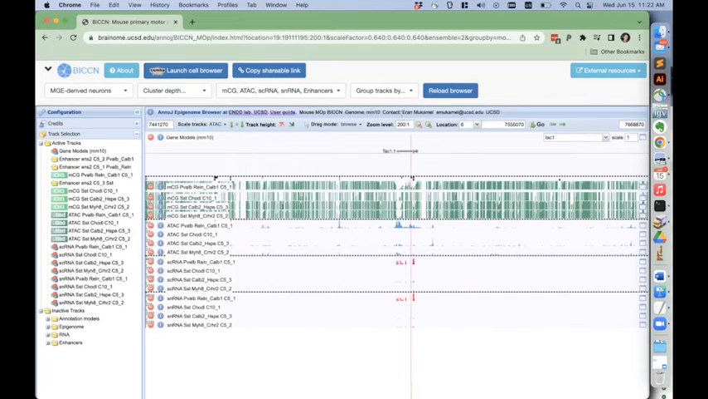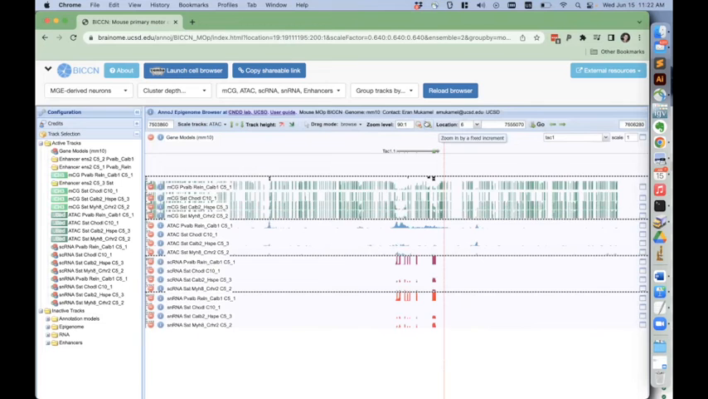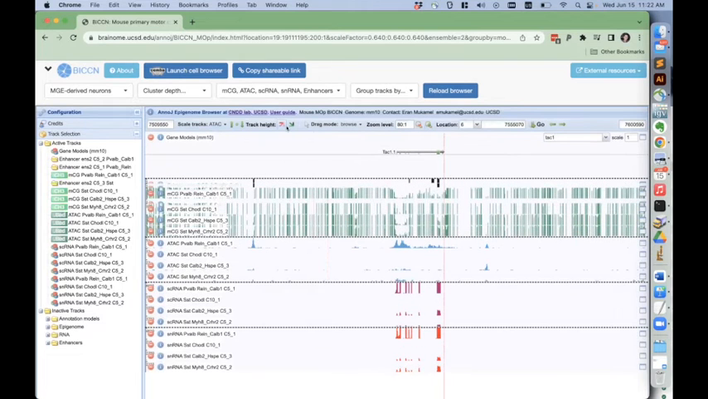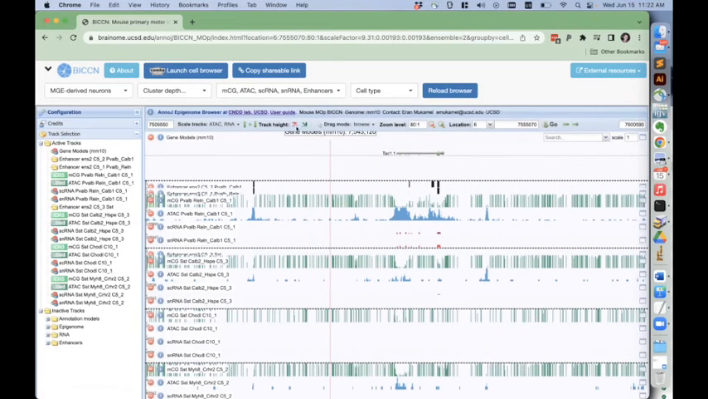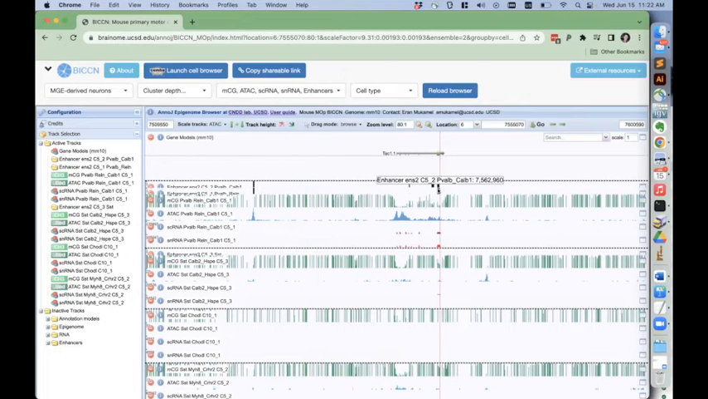Now, one thing I want to show you is that it's sometimes handy to be able to group the tracks in a different way. So let me group them now by cell type and reload the browser. Now each of these groups of tracks corresponds to one cell type. So for example, let me turn down the height on the ATAC-seq track. So now you can see this, I'll turn up the height on the